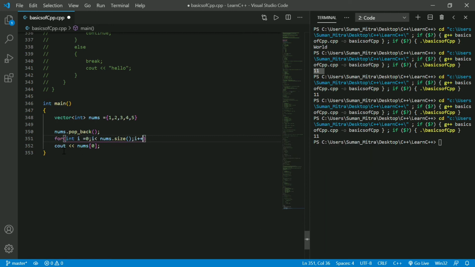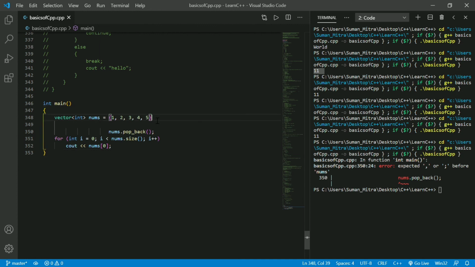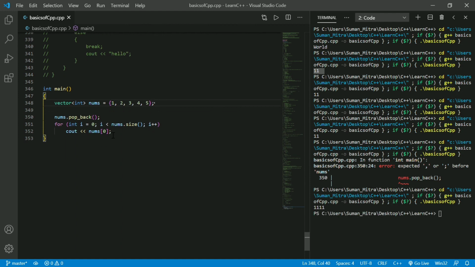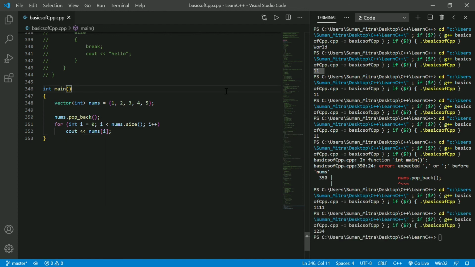Just run it. It's giving a lot of errors. So you can see here the 5 did not get printed. It's counting till 4, but 5 did not get printed because we did pop_back. Pop back means erase the last number in this vector.